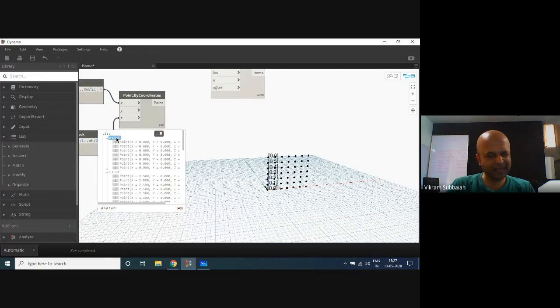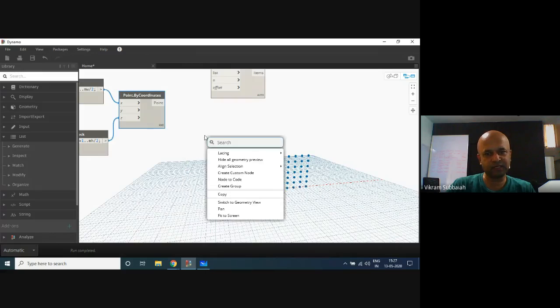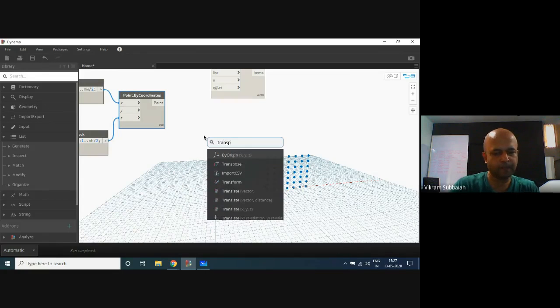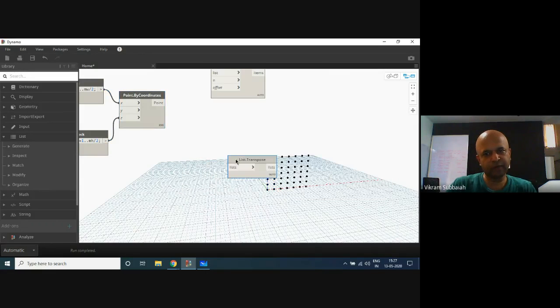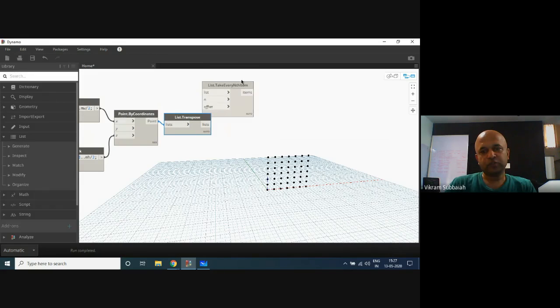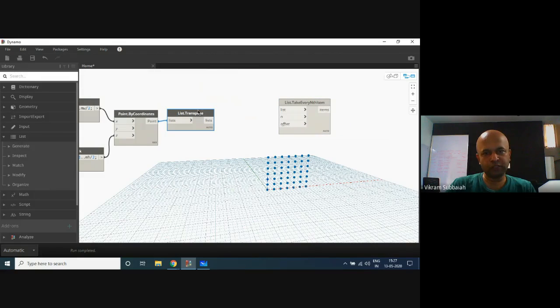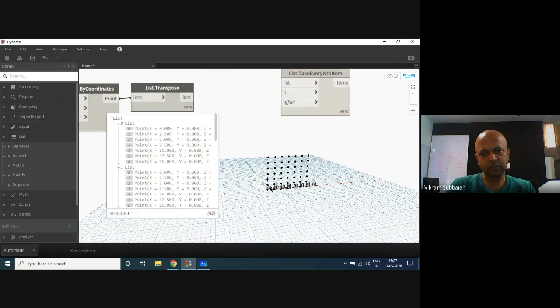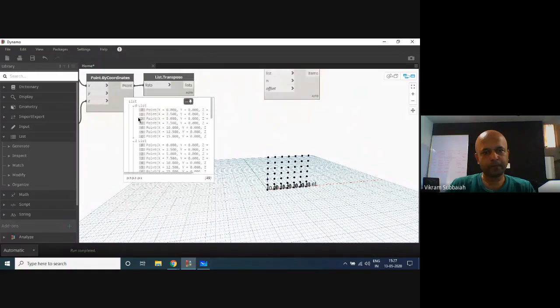We can continue to deal with columns, but like we did yesterday, we'll just transpose this so that we're looking at rows. Okay, so now if I go by rows I've got these rows. One row, second row, and things like that.